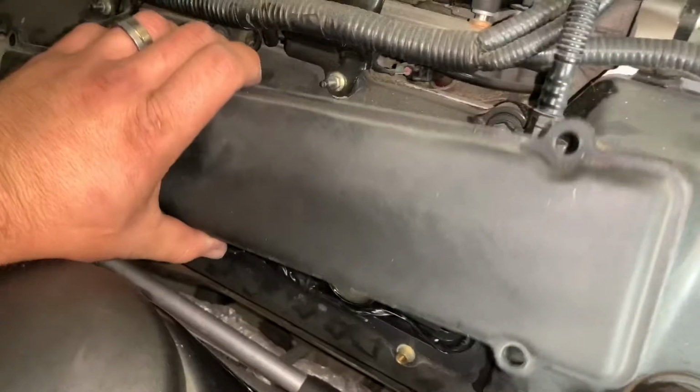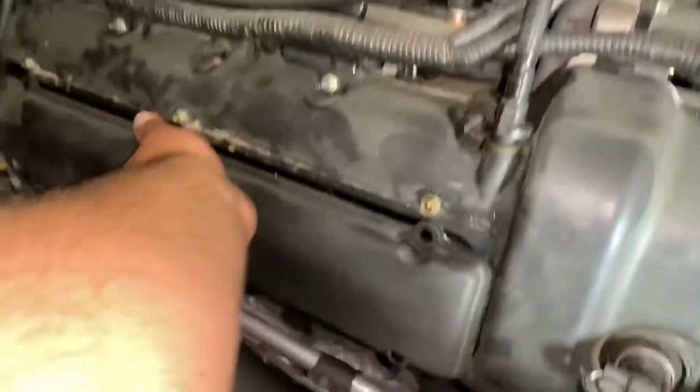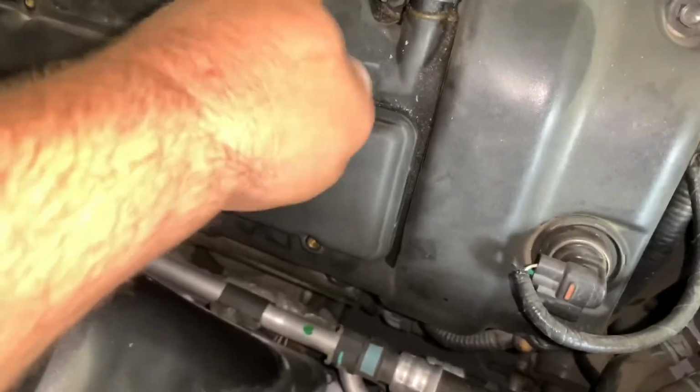Now we take and put our cover back. Line them up over the dowels. Come on. Easy. Easy. There we go. And we put our bolts back. Passenger side done. On to the driver's side,